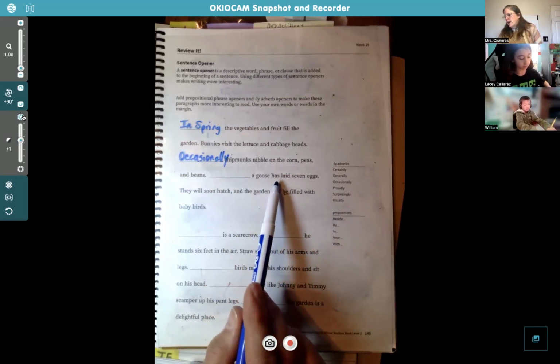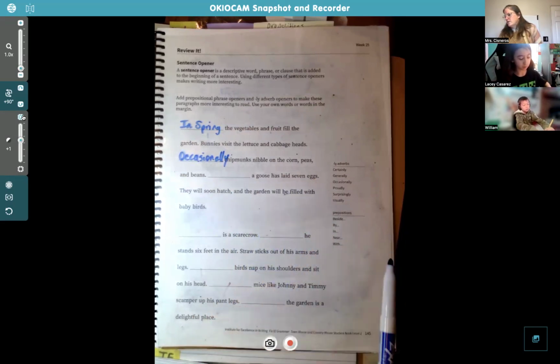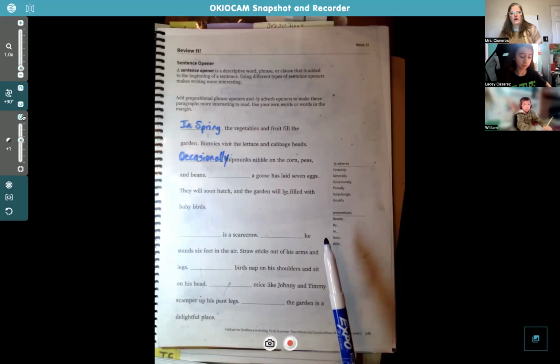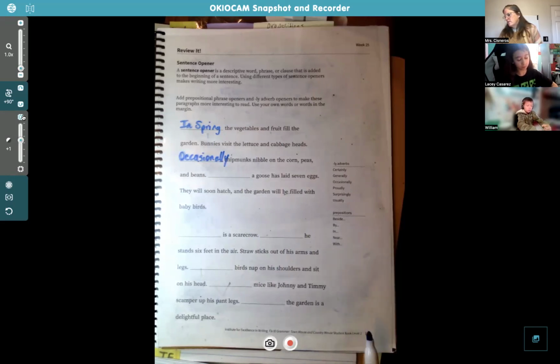Blank, a goose has laid 7 eggs. So think about where she might have laid her eggs. By the bush, by the tree, by the wheelbarrow in the garden, or somewhere like that. What do you think? Or beside something,